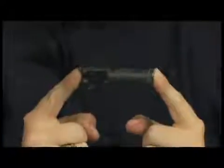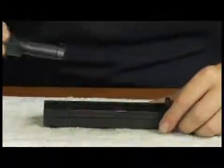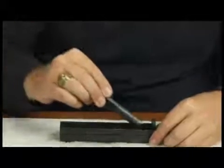And so the next thing to do is just take the barrel and remember the flat end of your barrel, the top of your barrel, because in actuality your barrel is going to sit like this, but inside the frame, we're going to turn it upside down because we have our frame here upside down. And we're going to just repeat the process. We're going to come in at an angle,